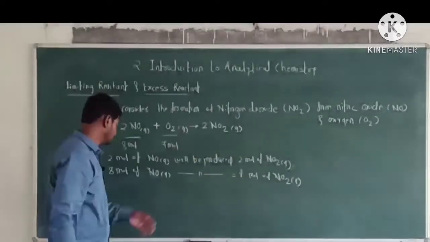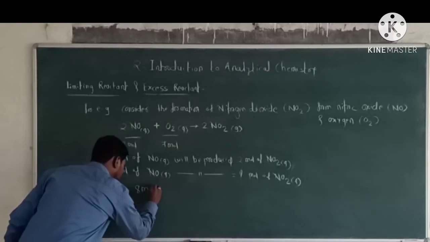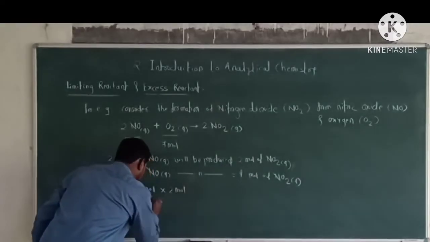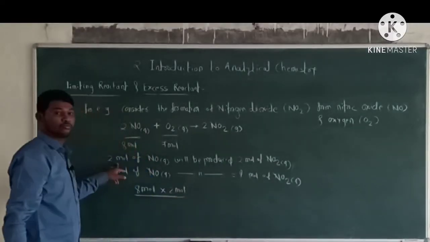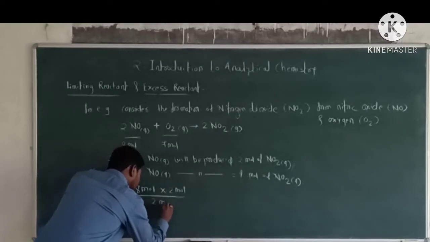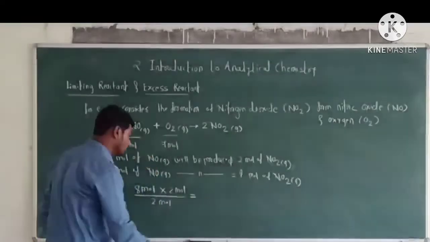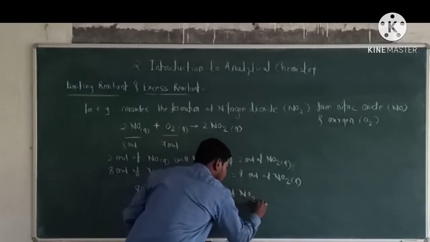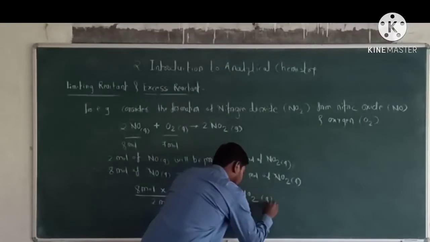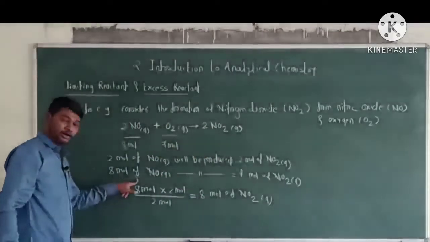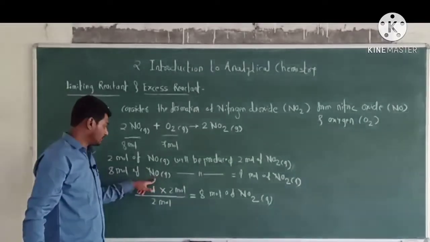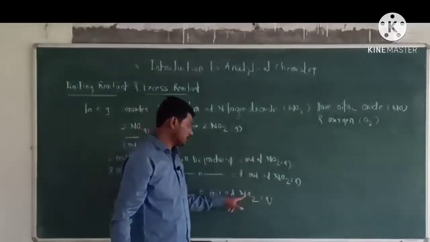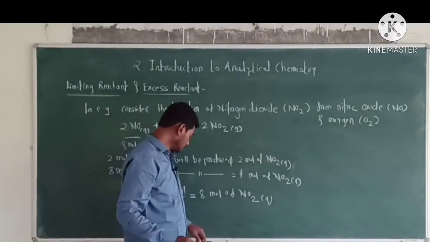Okay. Cross multiplication, that is 8 moles into 2 moles divided by 2 moles. The answer is 8 moles of gaseous nitrogen dioxide. That is, 8 moles of gaseous nitric oxide produce 8 moles of gaseous nitrogen dioxide. Okay. Now similarly,